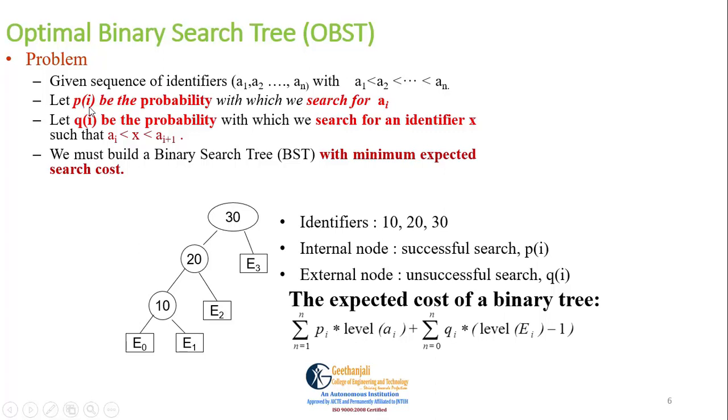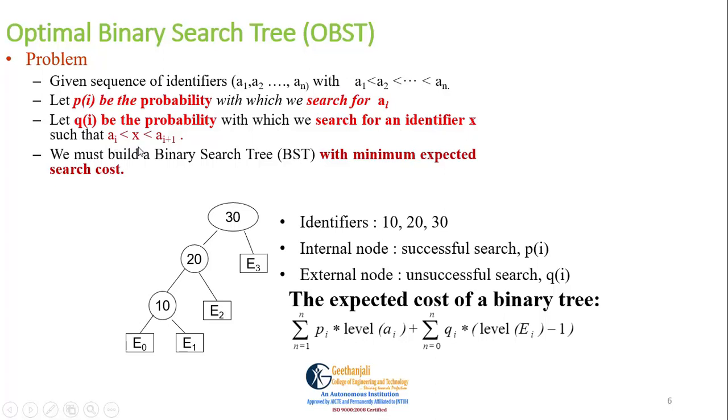So here let P of I be the probability with which we search for A of I. What is the probability of A of I? That is the P of I value you will be getting. Okay. So it is not the case that you are always searching for the key elements. Sometimes you may be giving some wrong keys also, which do not exist in the tree. So for that also you need to consider the probability, and that is represented by Q of I. Okay. So let Q of I be the probability with which we search for an identifier X